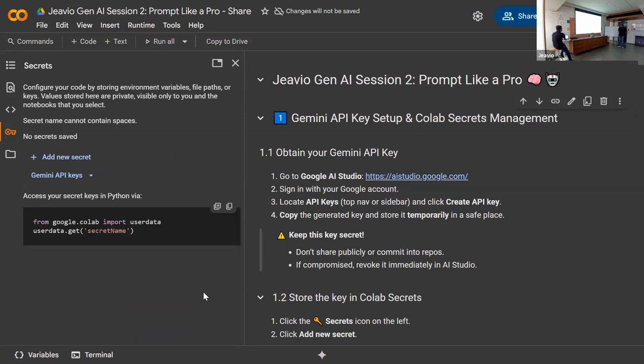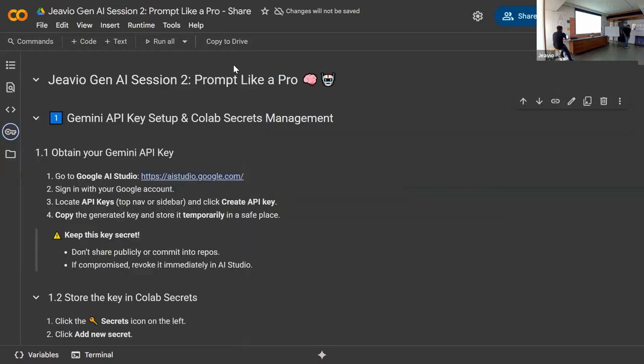You can go and run all for now so that we can get started with some of the prompts that we have written. It will execute all the things that we need, the pre-setup and all the prompts that we have written, which you can change a little bit and then try out. What happens when you tweak a prompt a little bit?